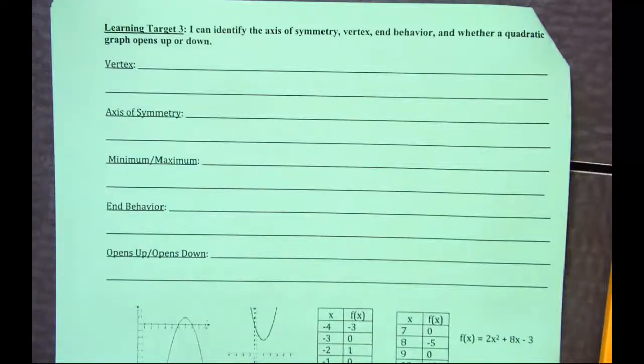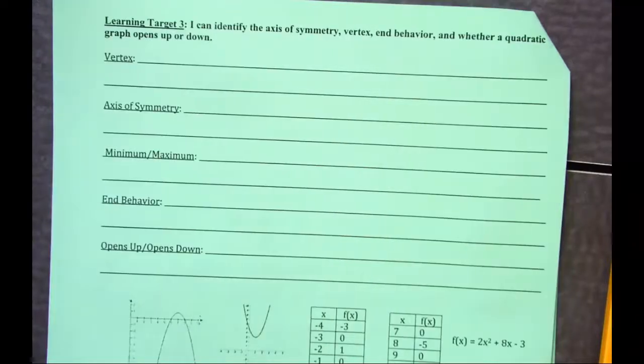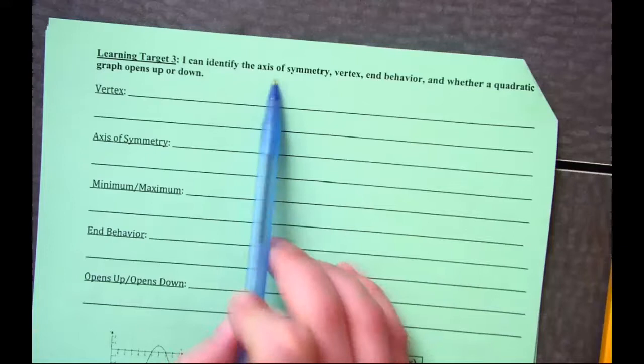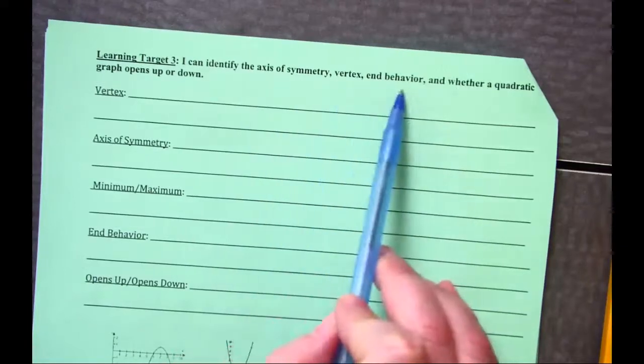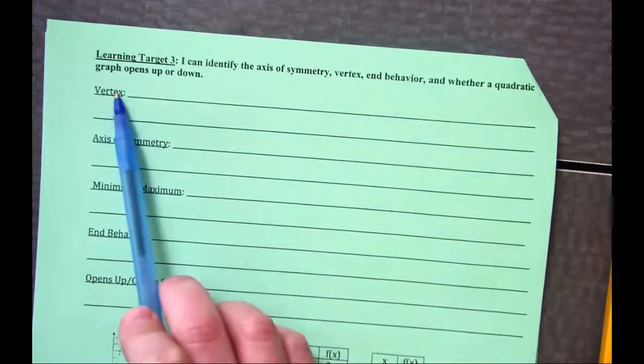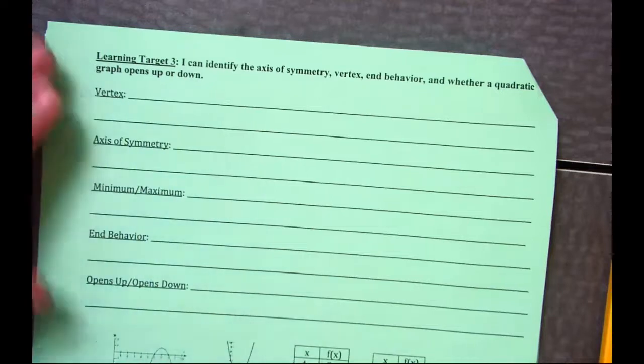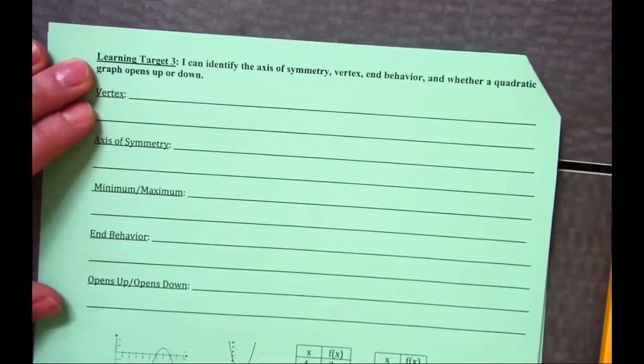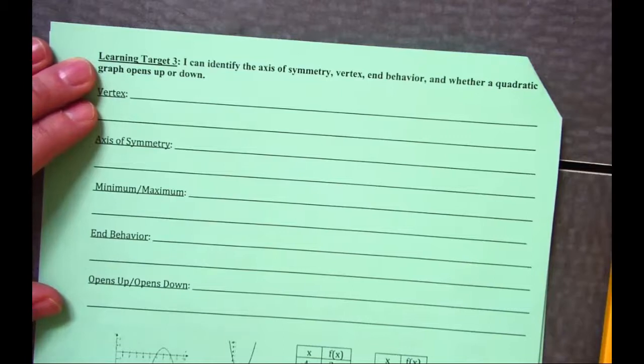So today we're going to talk about other key features of quadratic functions besides just the solutions. Today we're going to talk about the axis of symmetry, the vertex, and behavior, and whether a quadratic function graph opens up or down. The vertex of a quadratic function is that middle point that's like the highest or lowest